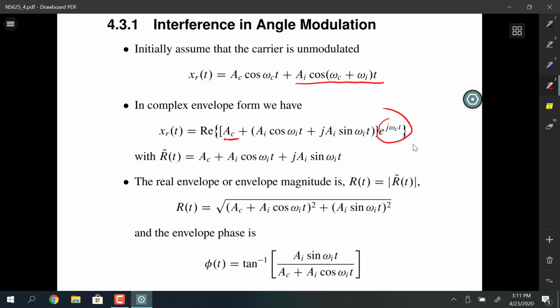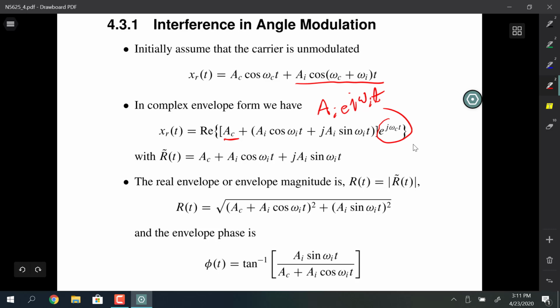And then we've got the interference tone expanded out in the complex envelope notation to be AI cosine omega I t plus j AI sine omega I t. So that is just, in reality, just AI e to the j